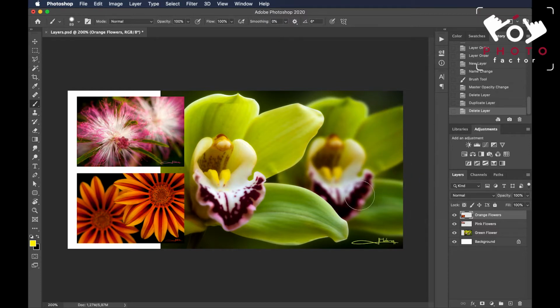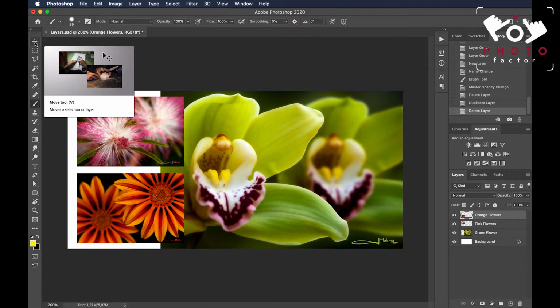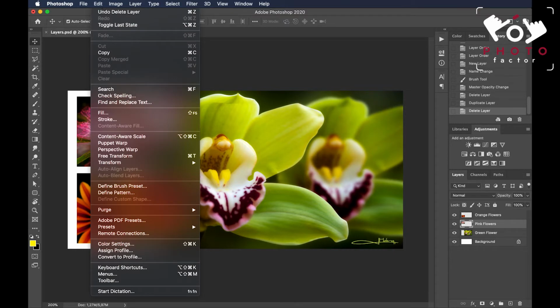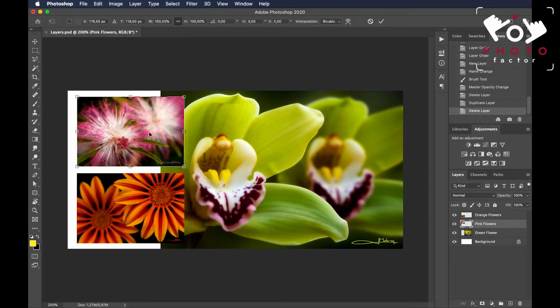So let's say we want to change the pink flowers layer. Remember we said if you go to the move tool and auto select is ticked here, if you just click on it, you'll see the pink flowers layer is now selected. And what you now do is go up to the top menu bar and you go up to edit and you scroll down to free transform, and you'll see this border pops up around the layer which you are looking